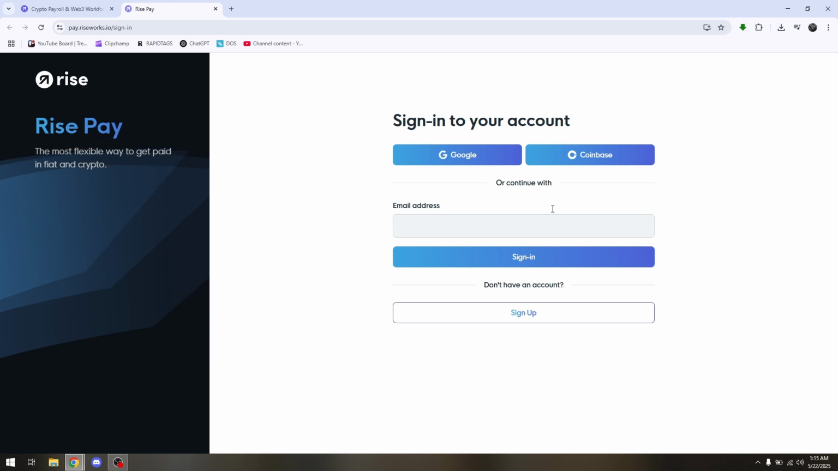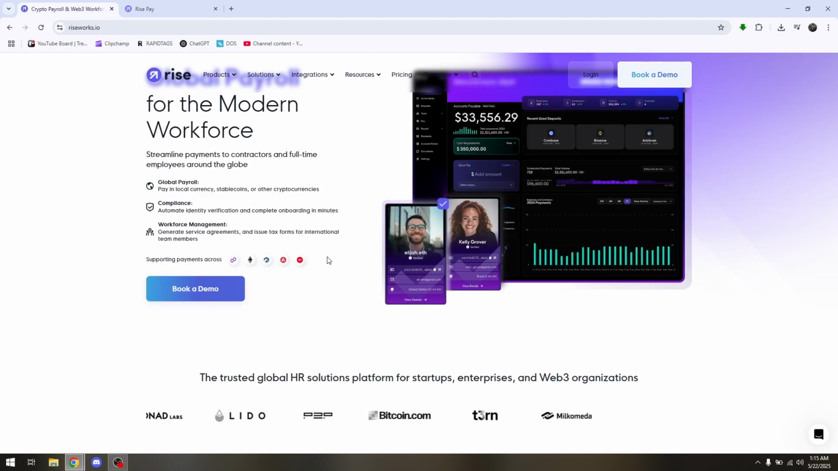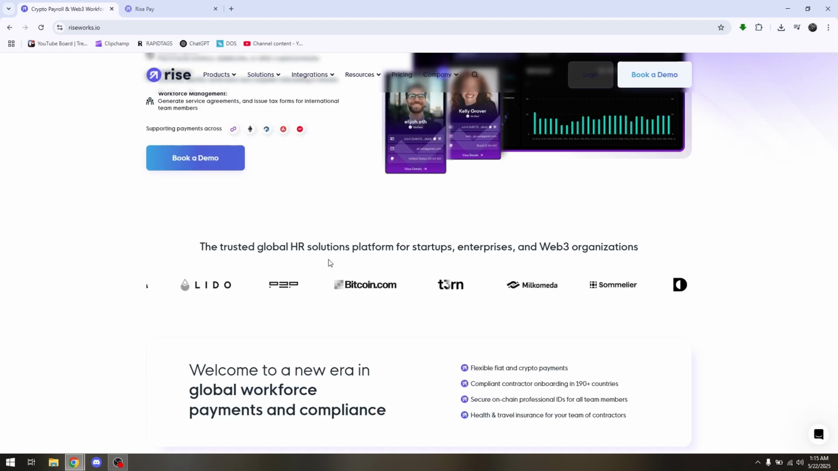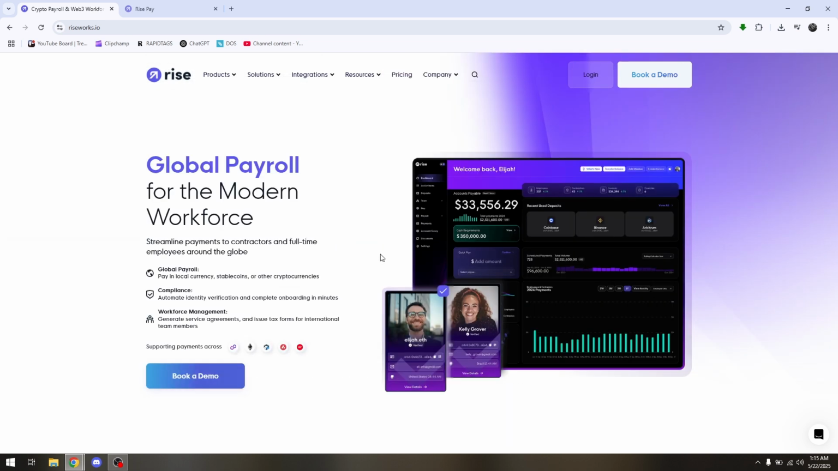Once you have successfully filled out those forms, just hit confirm, and just hit confirm again to fully complete the payment method setup. Now, once everything is sorted out, you have successfully set up Rise as a payment method on your